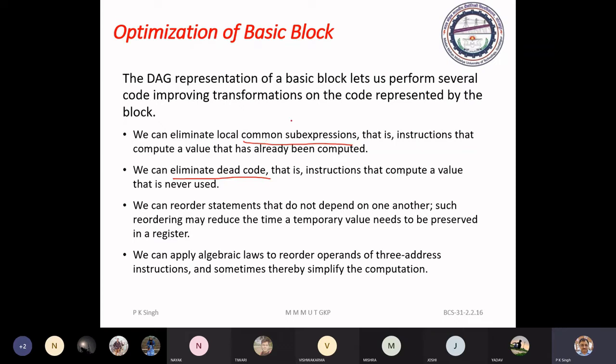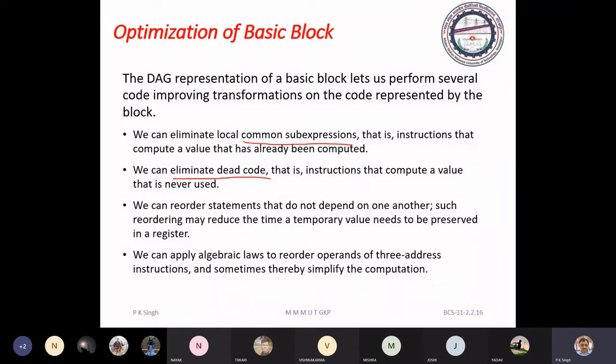Common sub-expression means a three address statement computes a certain value, and that value is computed again in the subsequent part of the same basic block. You can eliminate such computation. Dead code: if you compute a value and it is not used in the subsequent part of the program, that code is dead code, and you can easily remove it.